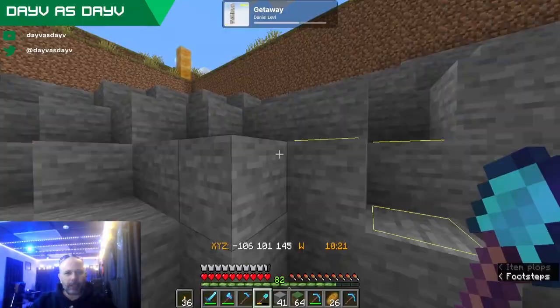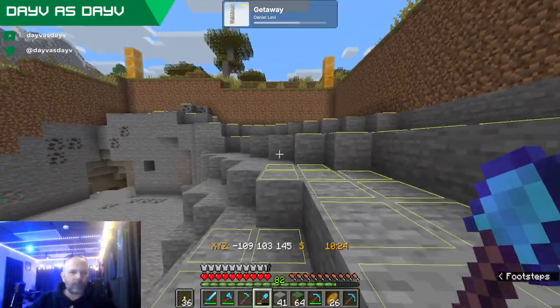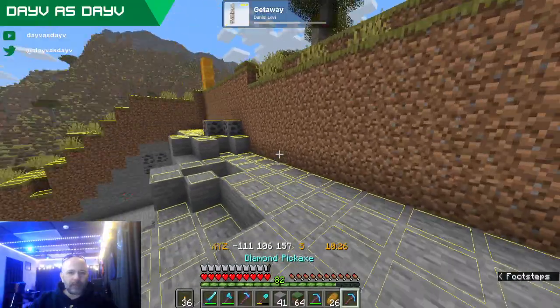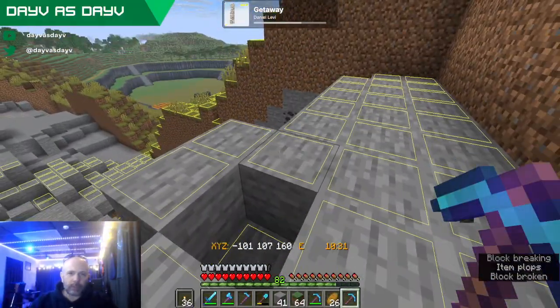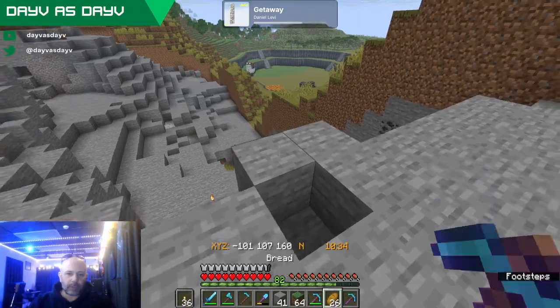Yeah, there we go. All right, I think that's all here now. We just got to start clearing out these layers of stone. I'm gonna turn that overlay off real quick.